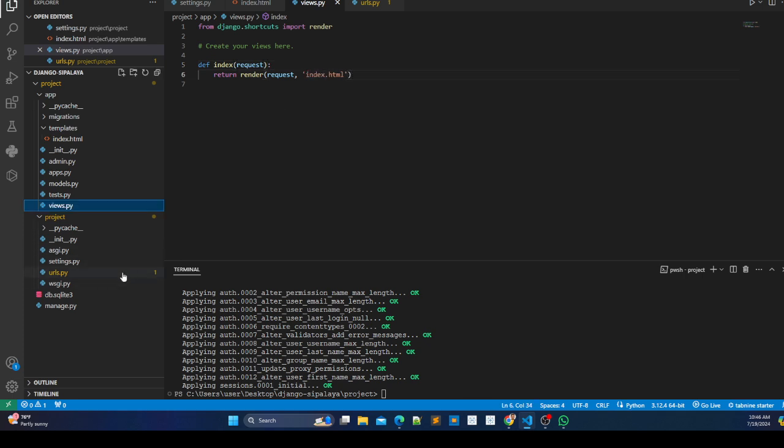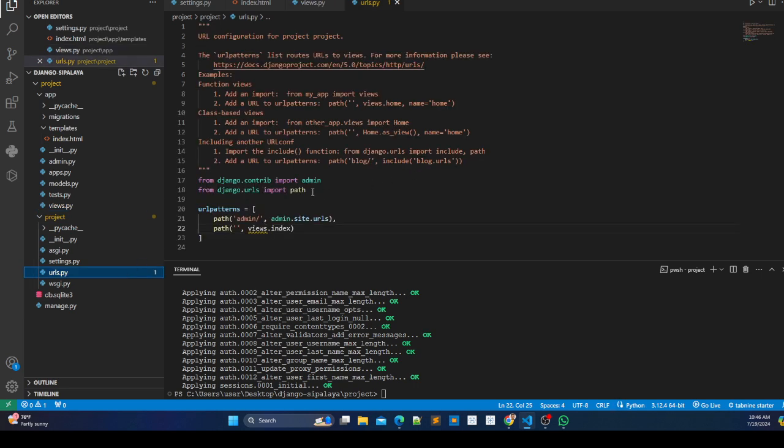In order to connect this, I need to import the views module: from app import views. So views.index will now be